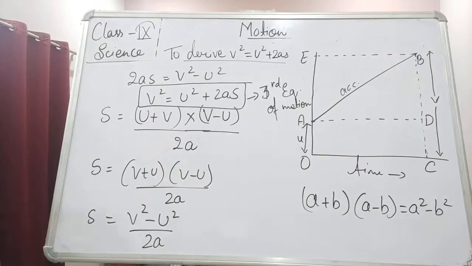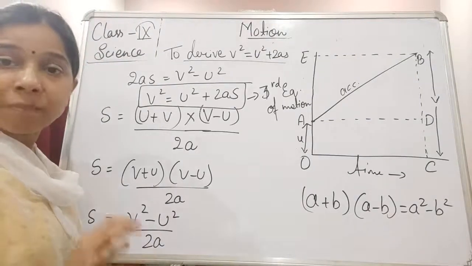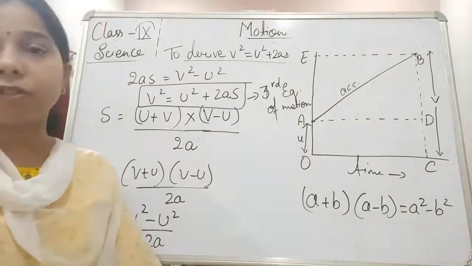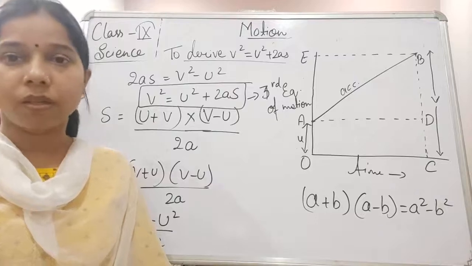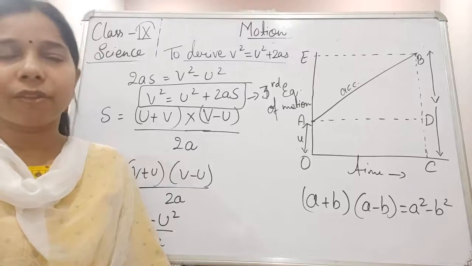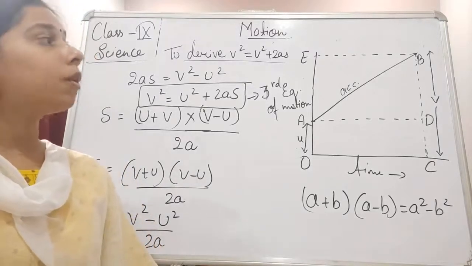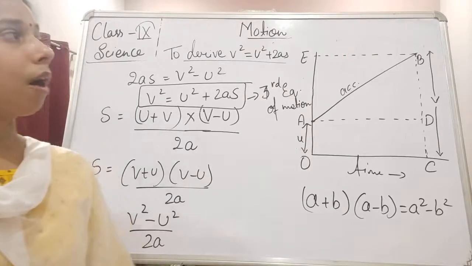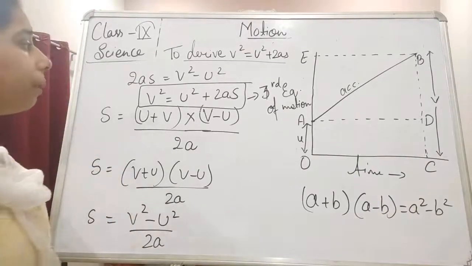Moving on. So I hope you have understood a few things here, students. The first thing is that we can derive the first, second and third equations easily, either with the help of different equations, or with the help of the graph. A question can be asked on the graphical representation, so you have to solve it with the help of the graph. By using the graph, you have to derive any of the three equations, whichever is asked for.